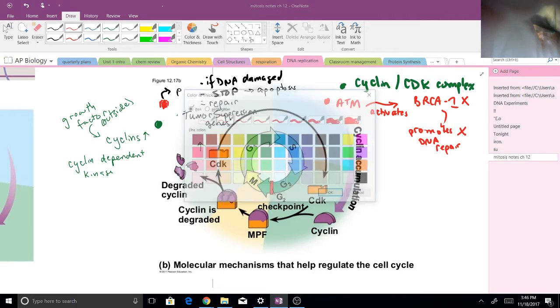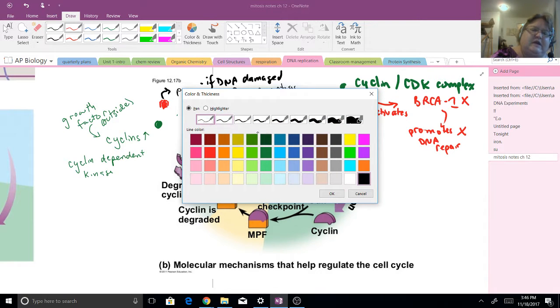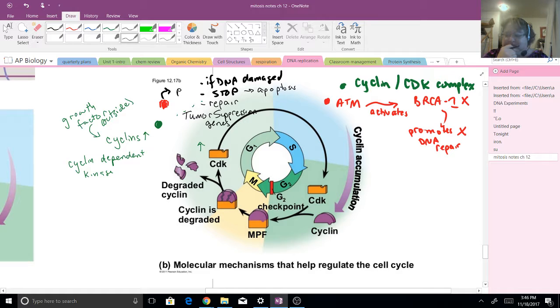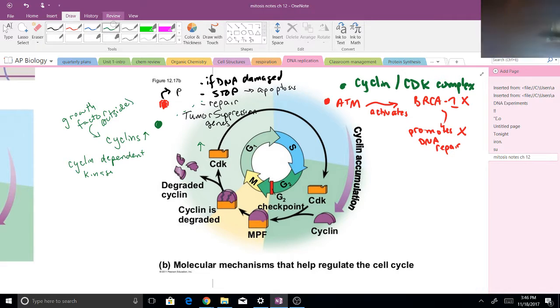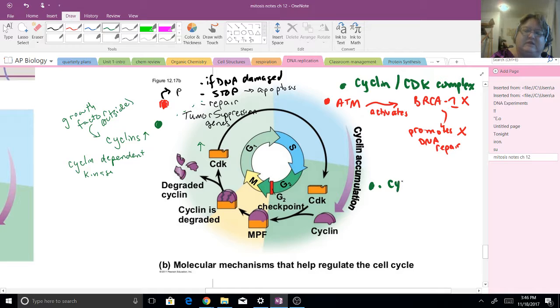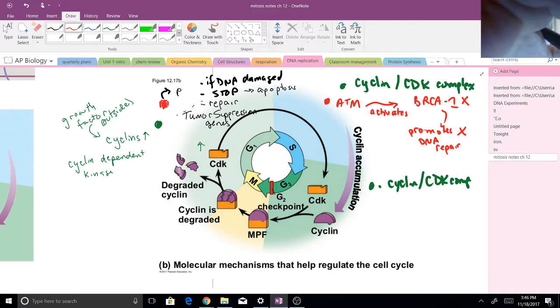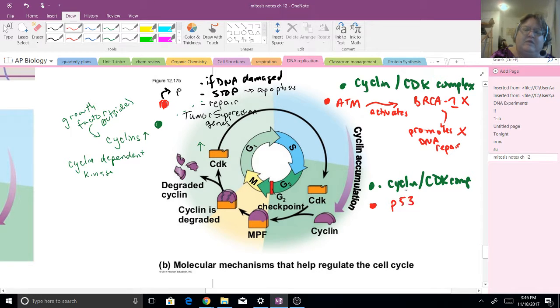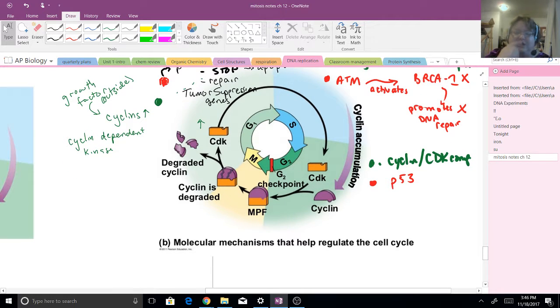Now G2 is going to be after DNA replication, of course. So we're still going to need to check for DNA damage. So we have our go signals, which is again our cyclin CDK complexes. But now we have another stop signal, and the stop signal is one that we've seen before, and that's P53. And P53 is again going to be checking on DNA damage. It's going to be checking on our organelles, whether or not we have plenty of them and able to divide, and resources. Now there is one more checkpoint, which you think at this point in time, oh, okay, well everything should be okay,